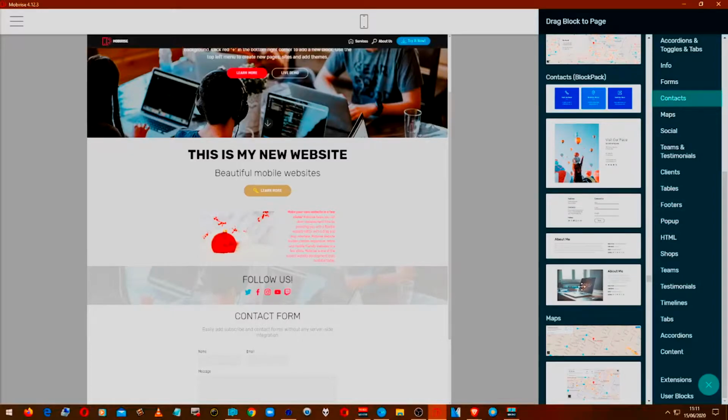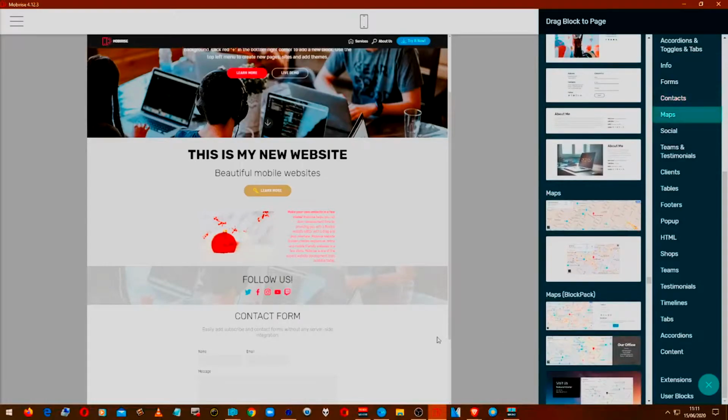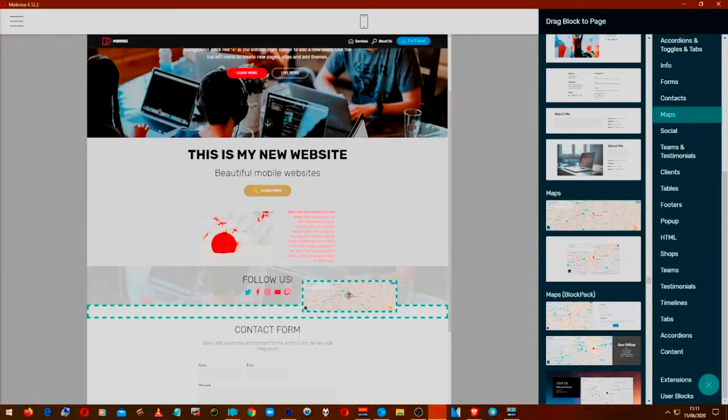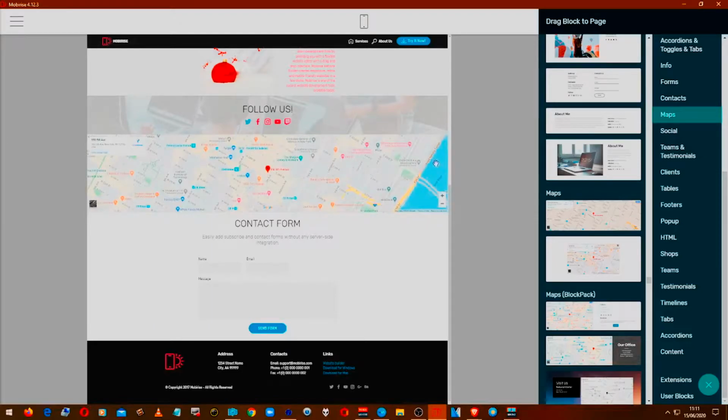About me with a photograph. If you wanted to put where you are in the world, you could put that. So have a map on there. So contact form and then a map. Now when you edit this, obviously,